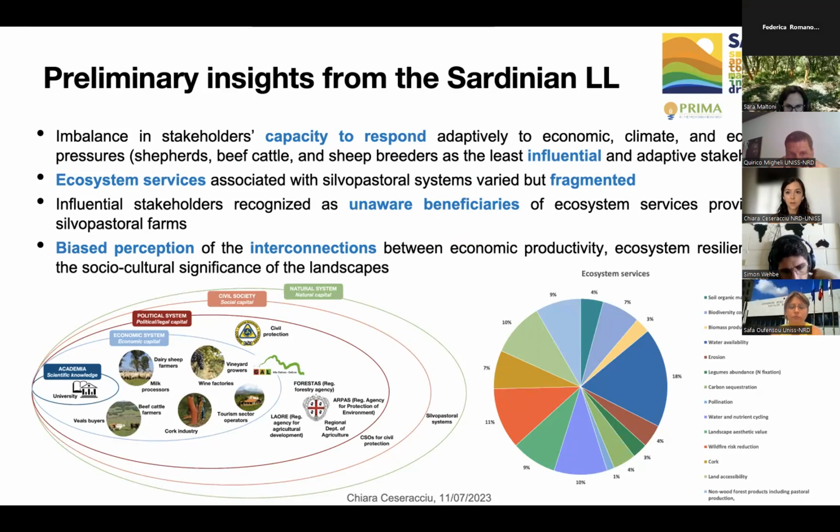An interesting thing that emerged is also that the range of ecosystem services perceived as associated with sylvo-pastoral systems is very diverse, but these ecosystem services are mostly taken for granted, and in particular, most influential stakeholders are unaware of the benefits that they receive in terms of ecosystem services from sylvo-pastoral farms. So what we are working on in the Living Lab is trying to influence these biased perceptions, and by uncovering these connections between economic productivity and ecosystem resilience as an incentive to promote